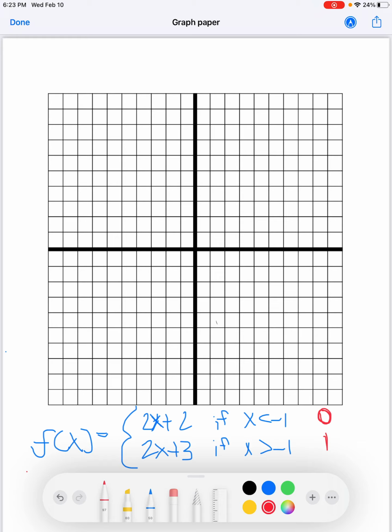So there's something important to realize in this case. That's what our y coordinates are, but what our x coordinates are is just negative 1. That's why it's there. So we have coordinates here. These are end coordinates. So that means it will either have an open dot or a closed dot, but there's 2 parts to this piecewise function. So there's going to be 2 different lines we draw, and